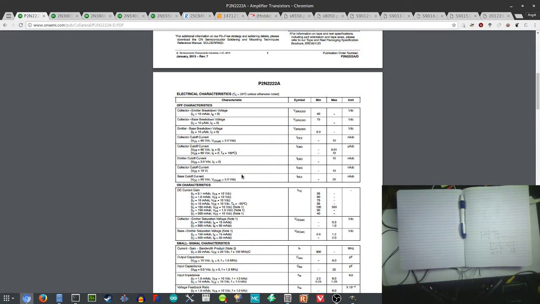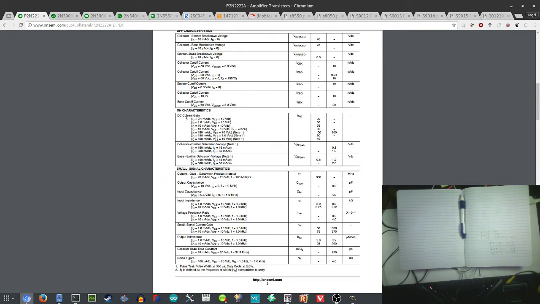This is the off characteristics. It means that if it starts going there, then it's gonna be off, and it's not gonna work. Then on characteristics,